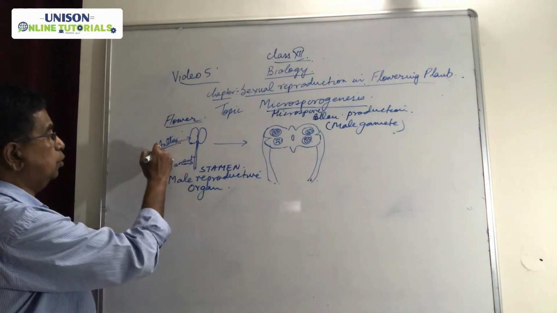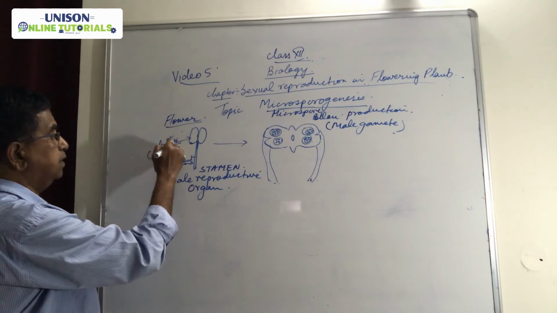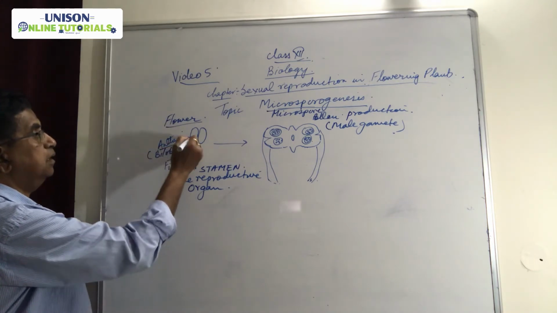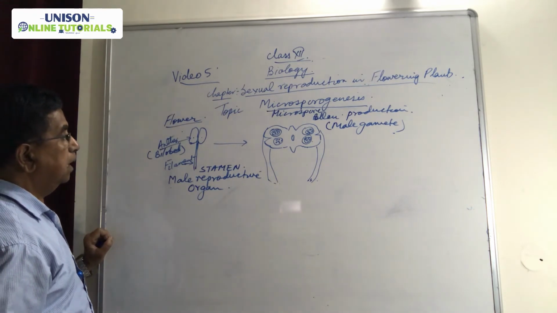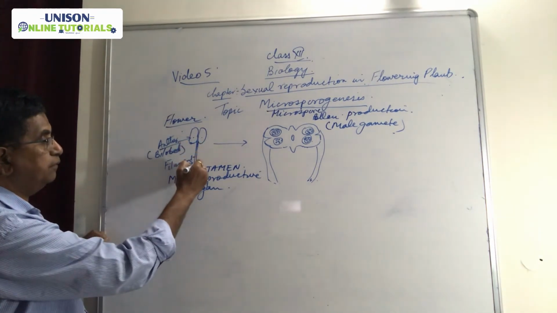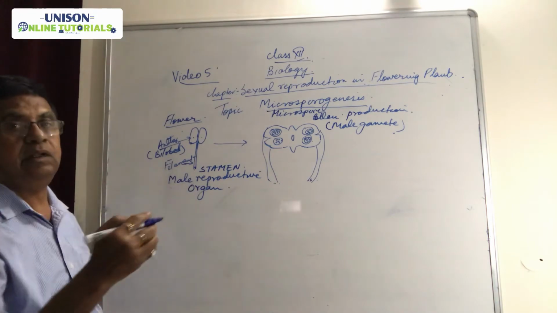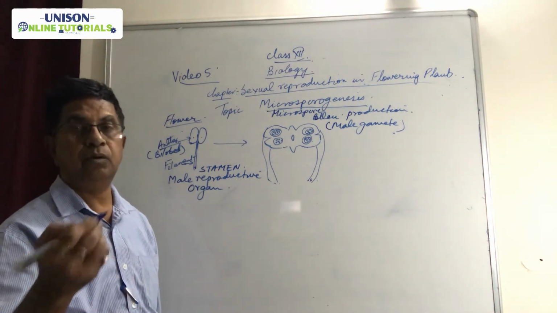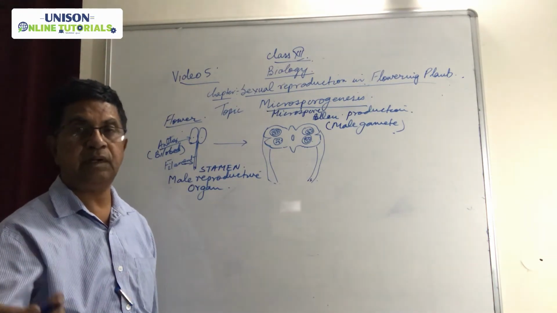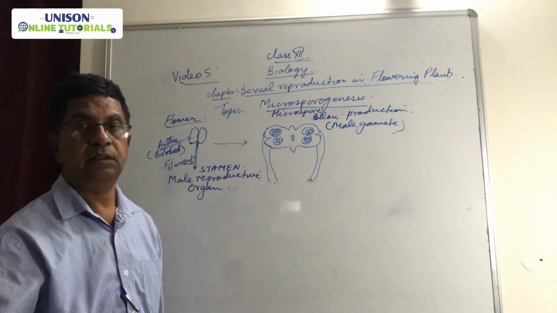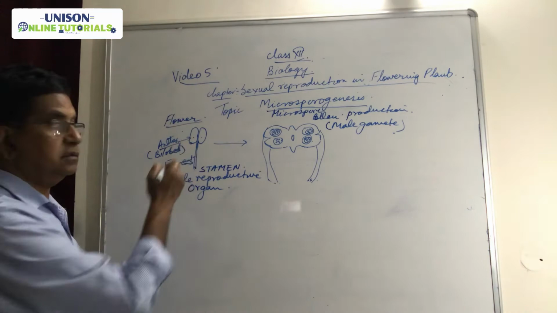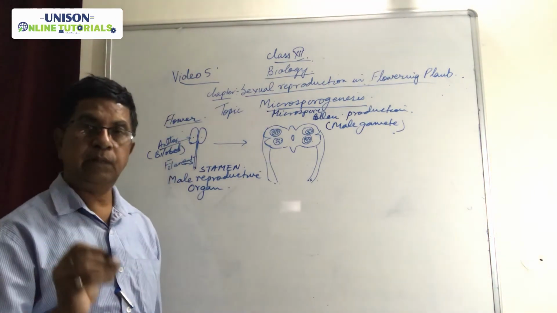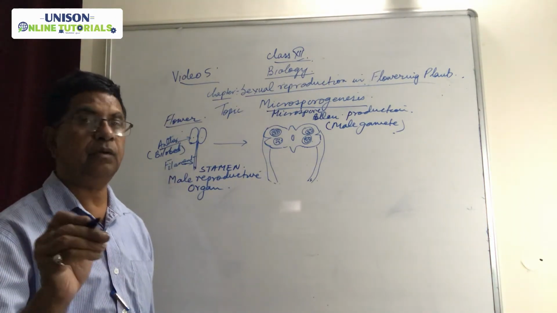Anther is a bilobe. You can see in this diagram there are two lobes of the anther, and it is connected with the filament to the calyx or the corolla, that is the sepal or petal part of the flower. So the proximal end of the anther is connected to the calyx or corolla, that is sepal or petal.